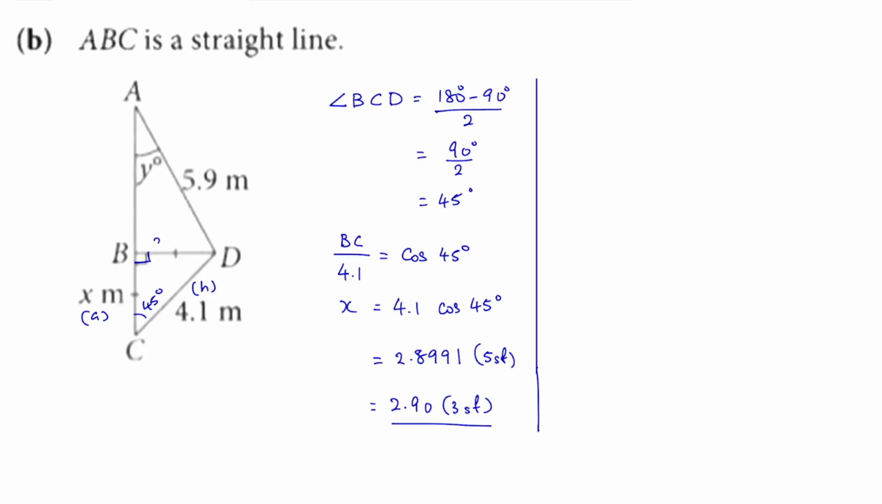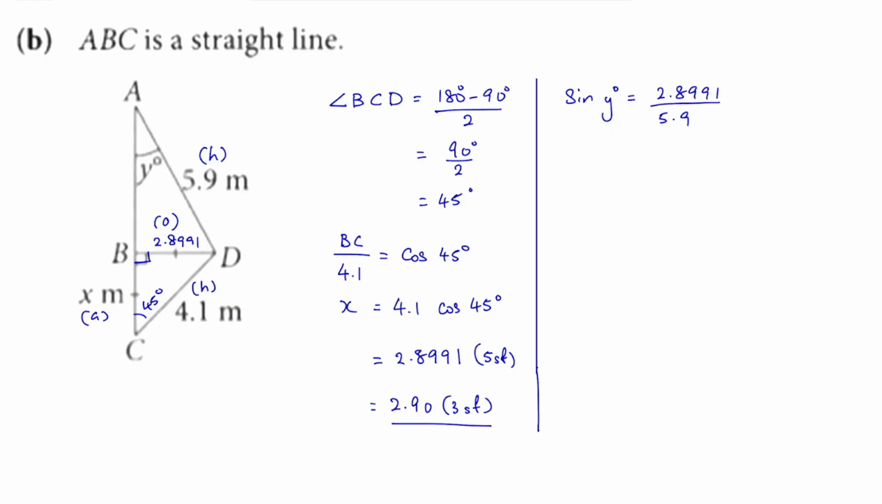This is 2.8991. Then I have this two line. I need to find y. Okay, this line, my BD is opposite. My AD is hypotenuse. So O and H is sine. So sine y degrees equals to opposite, which is 2.8991 over